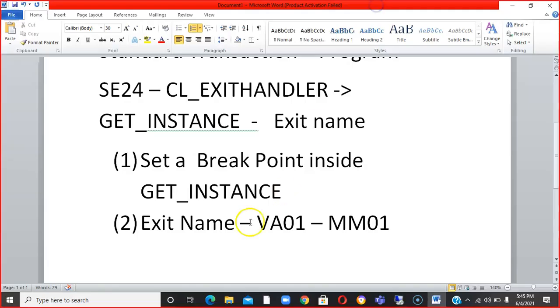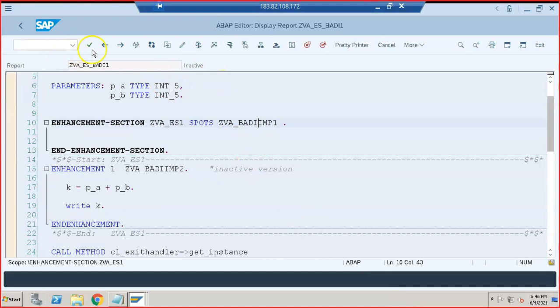Once you set a breakpoint in this GET_INSTANCE method, no matter what transaction anyone on that server runs, that transaction will come and stop here for sure, if it's an SAP standard one. Let me go back and show you that.